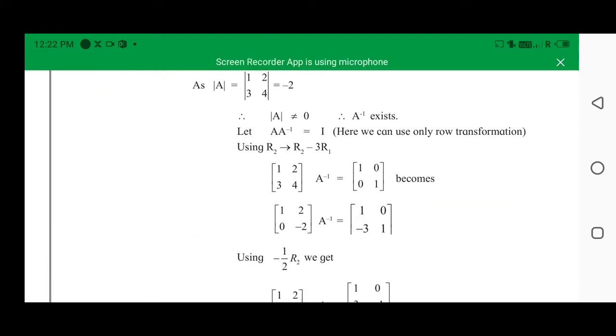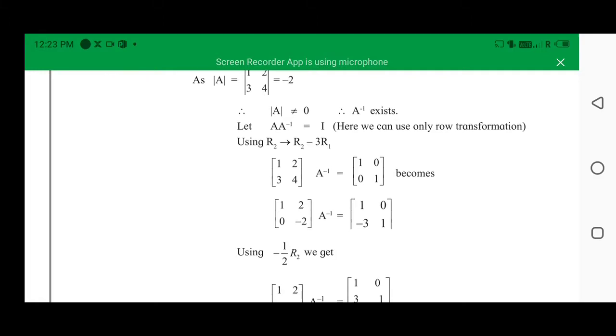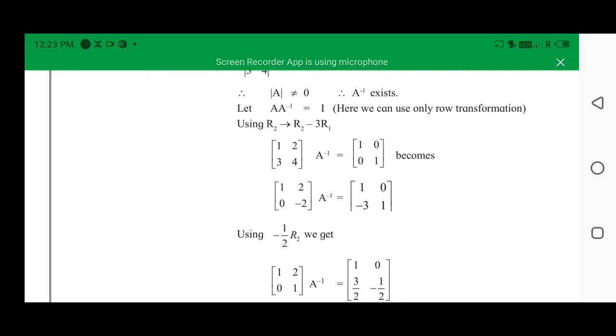So first we convert, that is, the R2 element, because the A11 element is already 1. So the number which is written below the 1 we have to convert as 0. So we can use the R2 operation, that is R2 minus 3 R1. So R2 minus 3 R1 we have, and similarly the same operation we will apply in the second matrix also. So when you apply, then you will get 0, minus 2, 1, 0, minus 3 and 1.